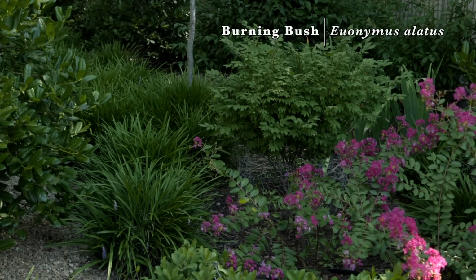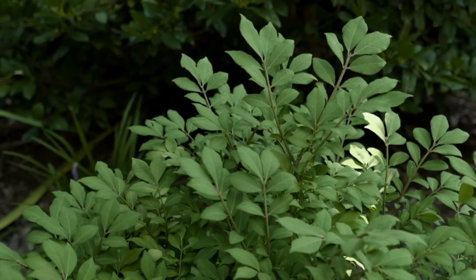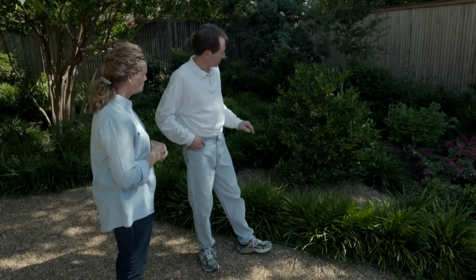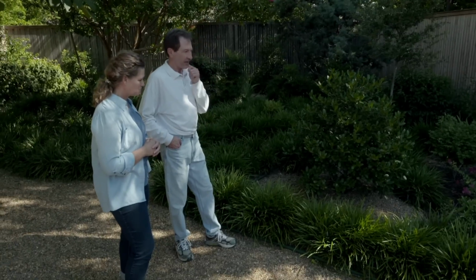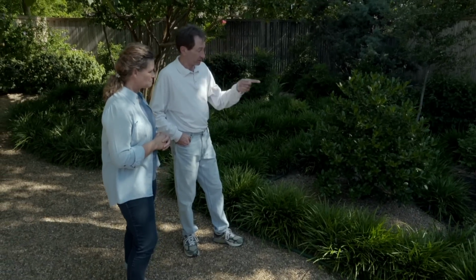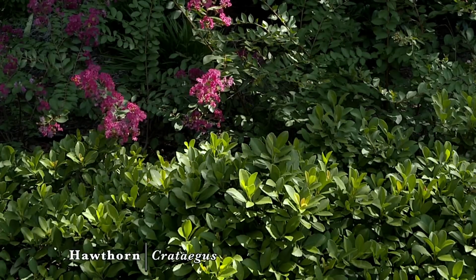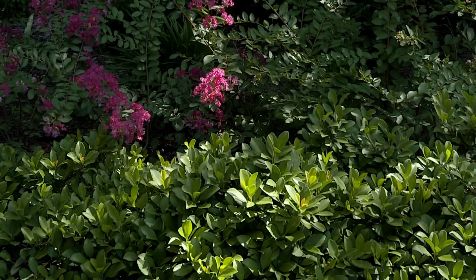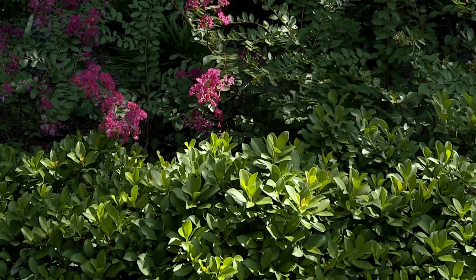I understand that when you get a lot of rain in the fall and in the spring, you're going to get a lot of red out of that burning bush, so I'm excited to see what happens this year after our record amount of rain. But those are about the only colors that I have. The hawthorns haven't done anything except survive. In my garden, if they can survive and thrive with neglect, they're going to be fine. And I haven't had to do much. They're kind of crowded there, but...